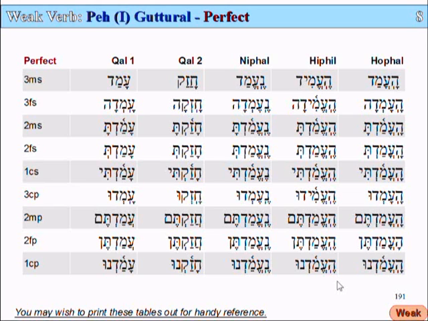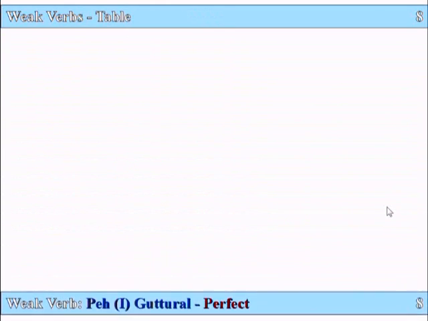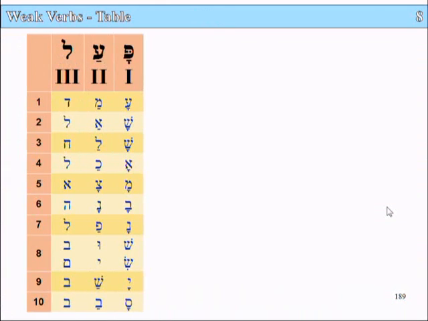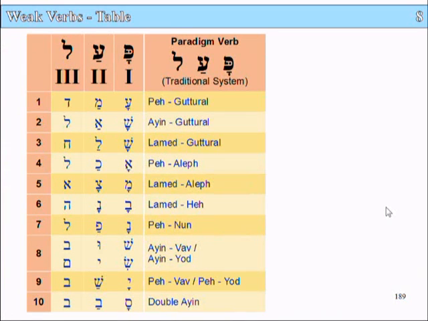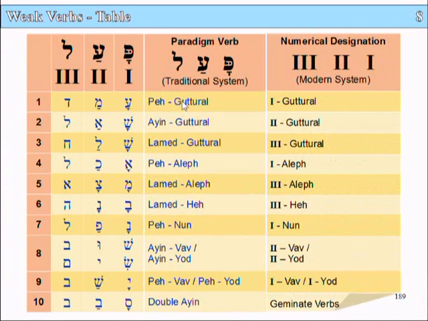So this is just for your reference. Again, if you would like to refer back to the table that we had back on slide 189, you can see all these tables, all these classifications here, and there's usually 2 or 3 tables for each one of these, a perfect and an imperfect, and then the imperatives and jussives and so on and so forth. So we've just had a look at the pe guttural, the perfect form, and we'll have a look at the